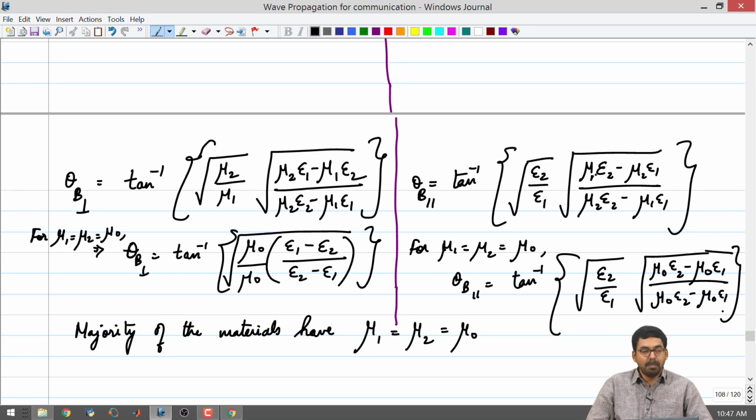So, it becomes very important to draw Smith charts for different polarizations and then decompose every incident wave into a parallel and a perpendicular component. Strictly, the E field need not be parallel or perpendicular to the plane, it can be anywhere in between. In those cases you will decompose it into two, and then you will have reflection coefficient for one component being some value, the other component being some other value, and then you have to take the summed up effect. So, effectively what we are saying is polarization is a very important property.